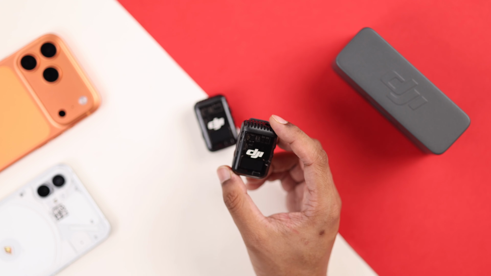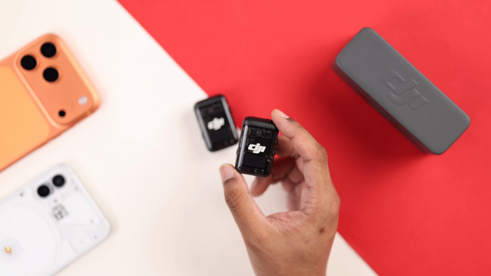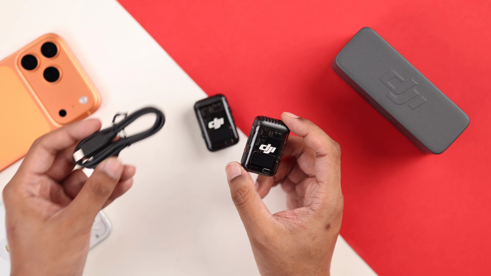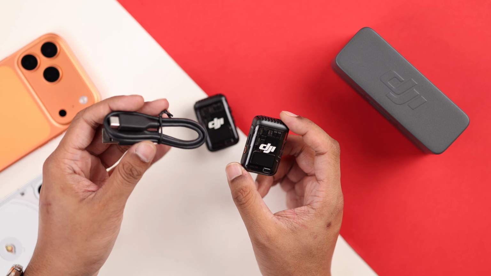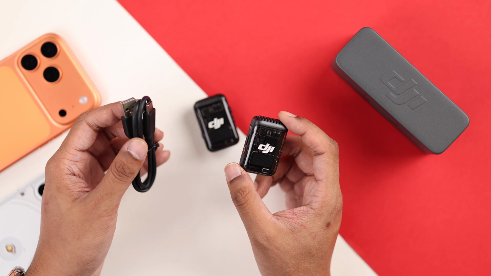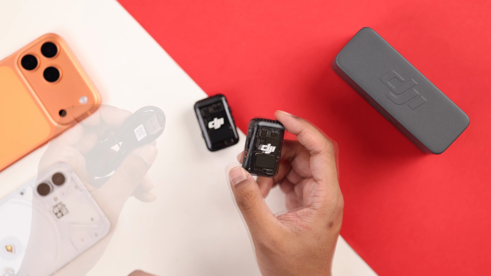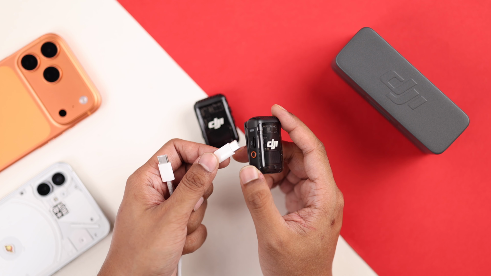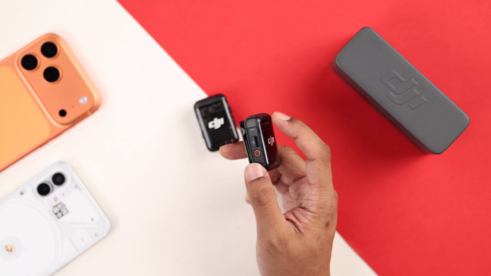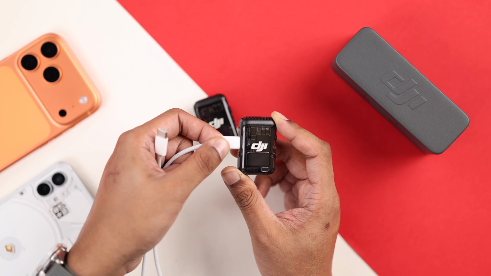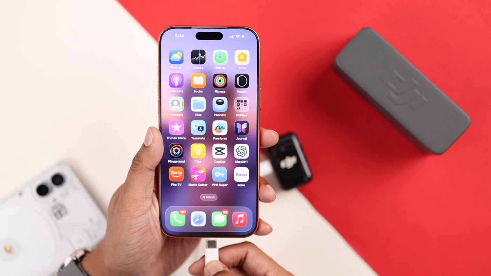So anyway, to get the recordings out of your transmitter's internal storage and transfer them to your device, you can use the included high-speed Type-C to Type-A cable in case your computer or laptop has a Type-A port. But you can always use any other cable at your disposal. Just plug the Type-C interface into the Type-C port right above the recording button, and the other end into your